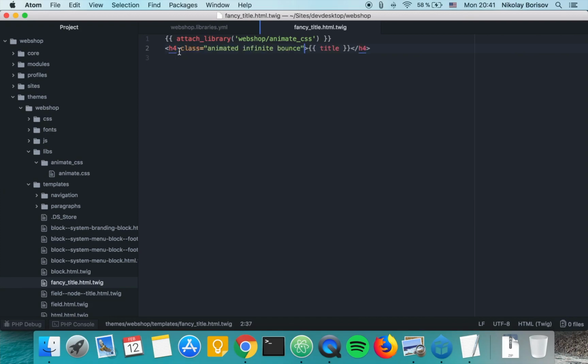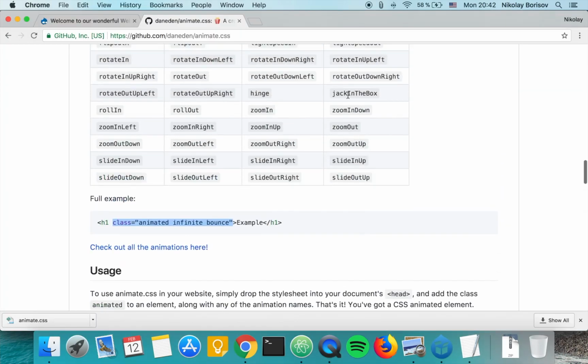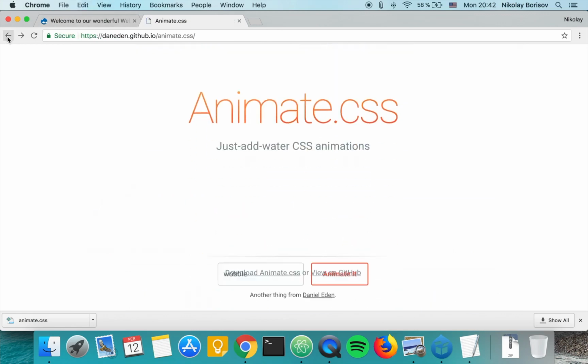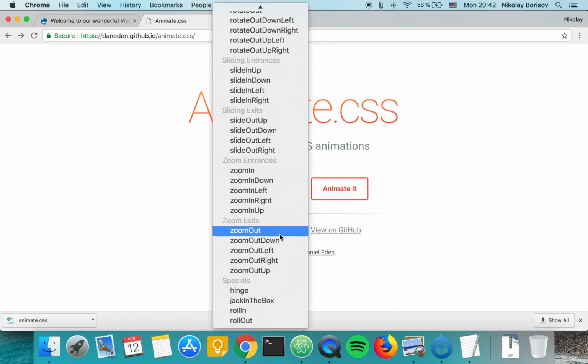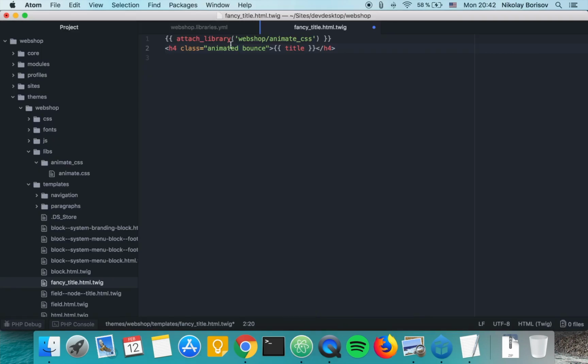So here we put the attribute class. We don't want it to appear infinitely, and then I pick this jack in a box. It's a very nice effect. You see it appears as a jack in a box. Wonderful. So instead of bounce we say jack in the box,